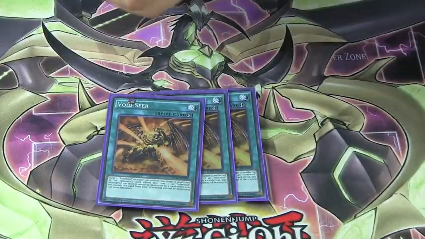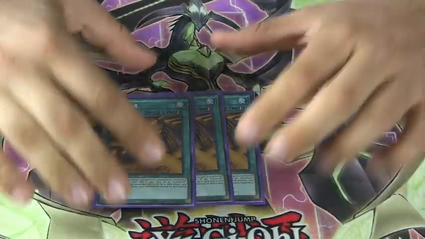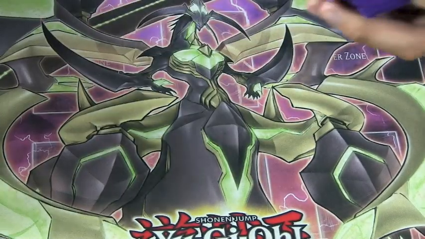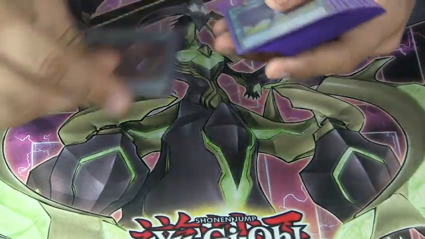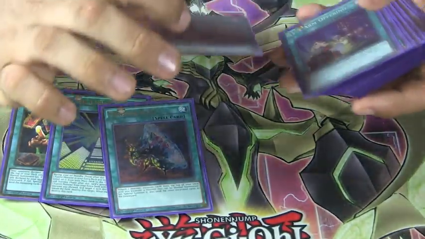Run triple Void Seer because it's nice and can kind of combo off a Void Feast. I like to have protection as much as possible. It's protection on field and in grave, so it doesn't mind if it's sent to the graveyard. It's pretty cool. Moving on to our dumpers, we run 1 Reasoning, 1 Future Fusion, 1 Monster Gate, and 1